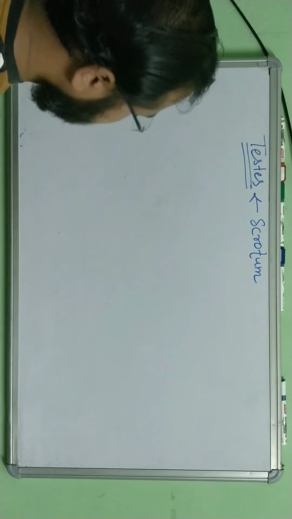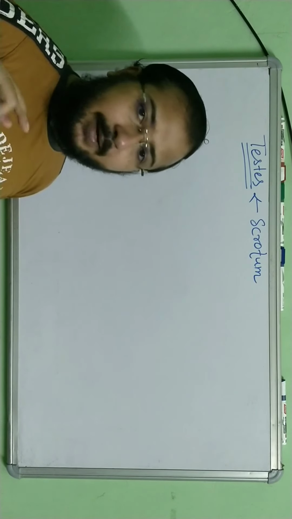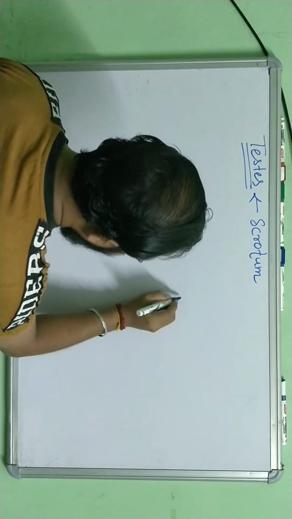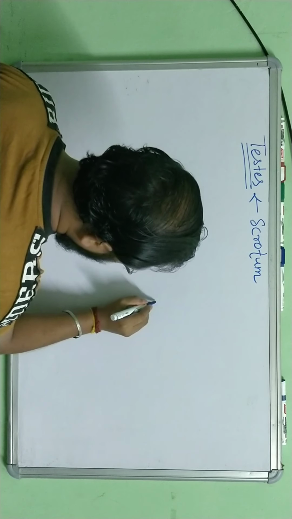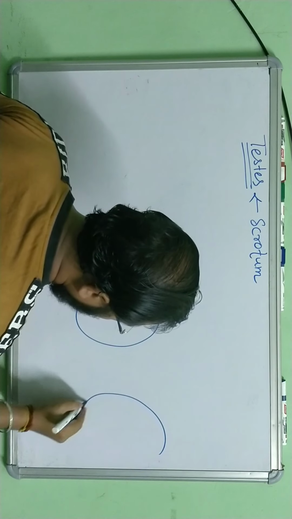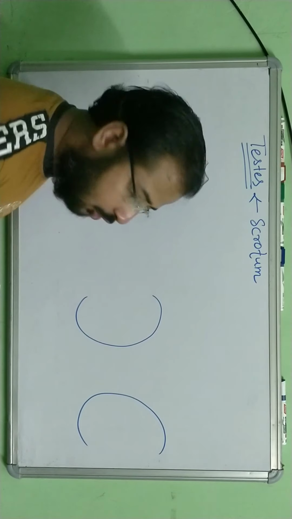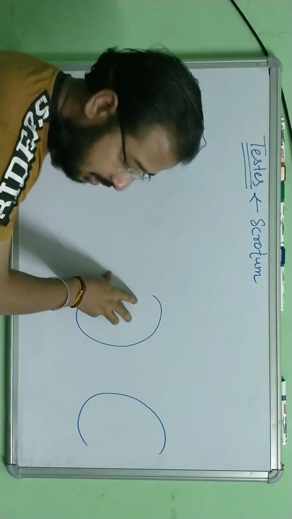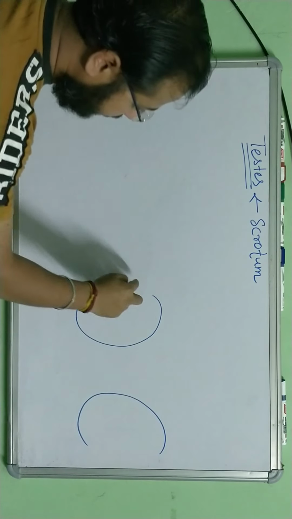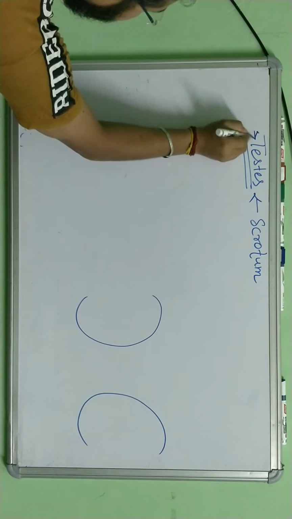Now once we get inside the scrotum, we will see the testes, and the testes are covered by a particular membrane. Assume that these are the two testes here, and I will be showing you the anatomy in one testis, because it will be the same in both sides. There is an outer layer membrane in the testis, which is known as tunica.